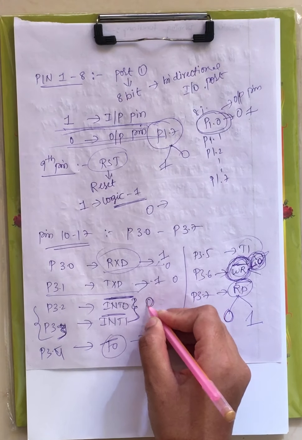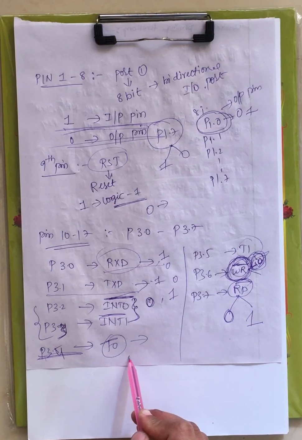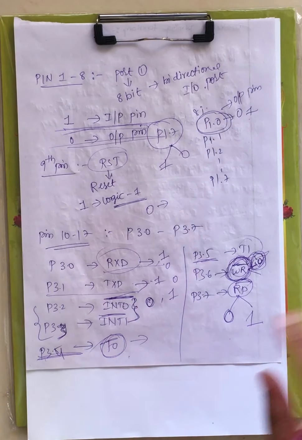And this operates for logic 0. Why does it operate for logic 0? Since there is a bar. For logic 1, you can't interrupt the process of 8051. Now coming to port 3.4, this is allotted to timer 0. Port 3.5 is allotted to timer 1, right? Timer 0 and timer 1 are used to provide the delay between two events, and these two timers are of 16 bits. If timer 0 is busy, you can alternatively use timer 1. That's why two timers are provided on 8051, right?